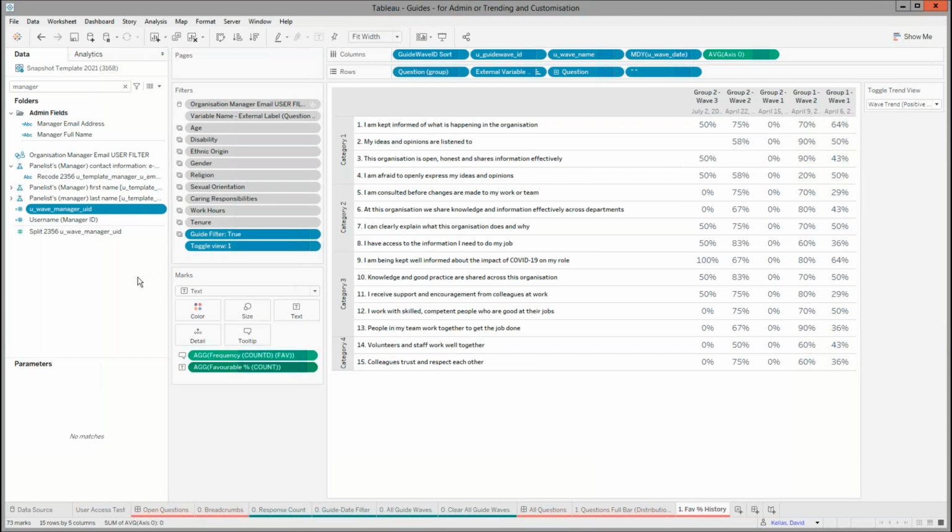If you've built all this together and you've got your dashboard and you've published it, if you keep launching guide waves, you don't then need to do any further configuration on the dashboard side. Once it's connected to those waves, the portal will then do the rest for you. So I'm just going to jump back